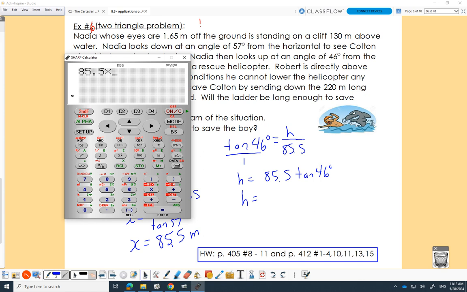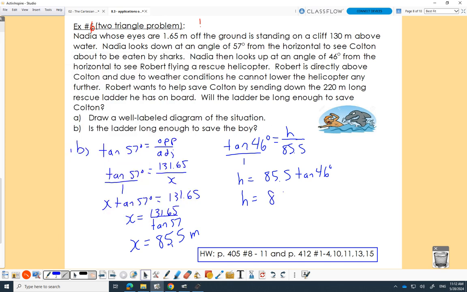Times. Due to weather, it's windier down near the water. 88.5. Now, the big question. Is he going to make it? What did you do? How did you find out? What did you add? T for total. Total distance equals